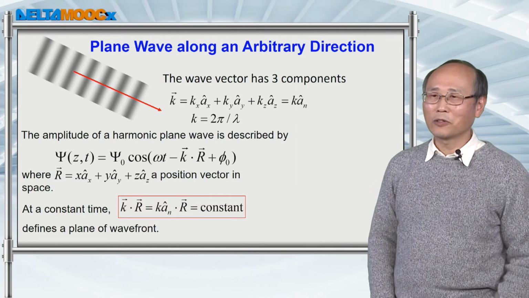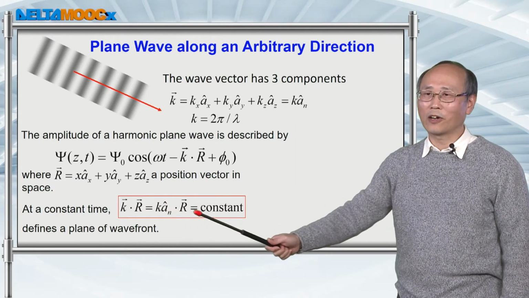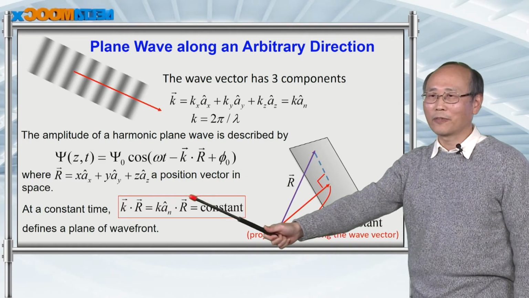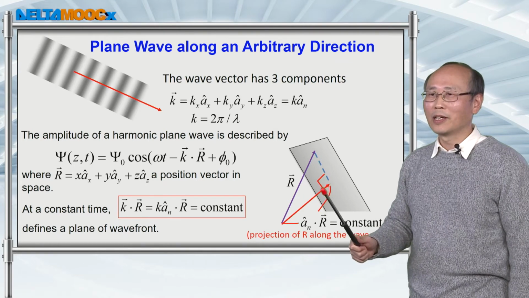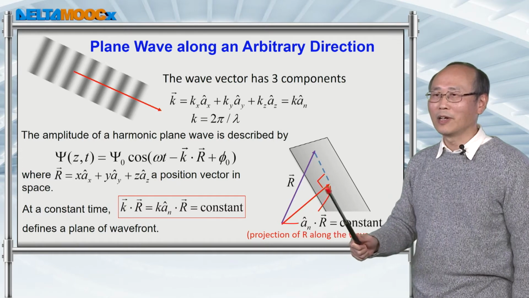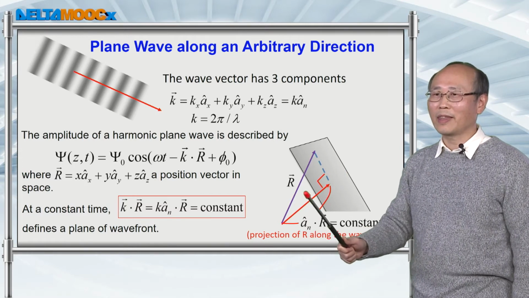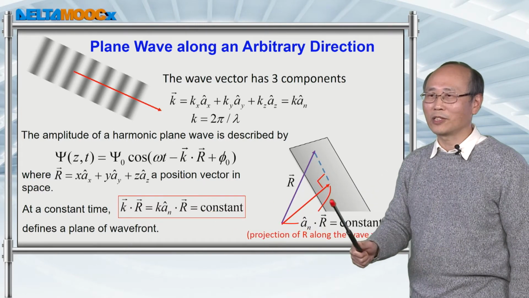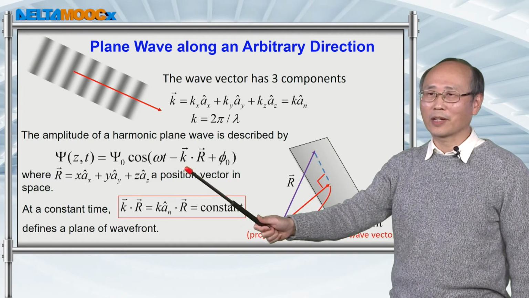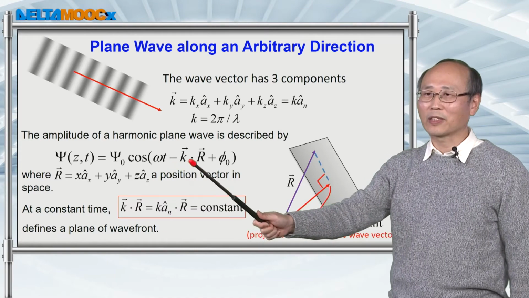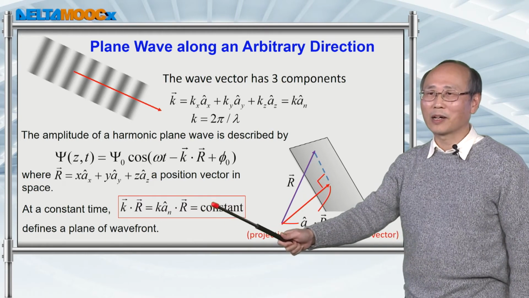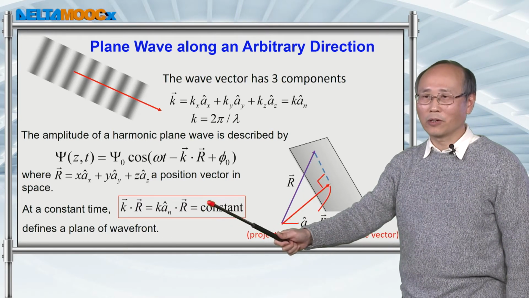And you can figure out that this k dot r equal to a constant basically describes a plane in space, because if k along this direction, with the position vector, gives you a constant length, which is the length from here to here, perpendicular to this plane, then this k dot r equal to a constant describes this plane. So now it's quite clear that for this kind of solution, cosine omega t minus k dot r plus y0 is going to describe a planar plane in the xyz coordinate system.